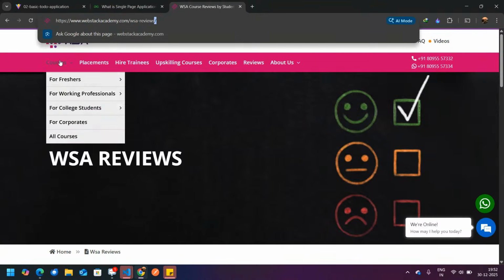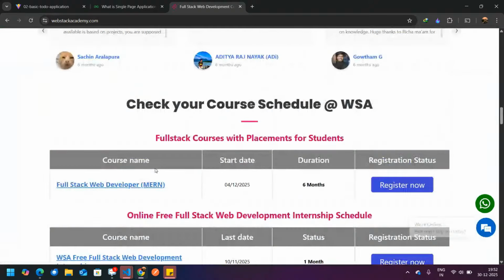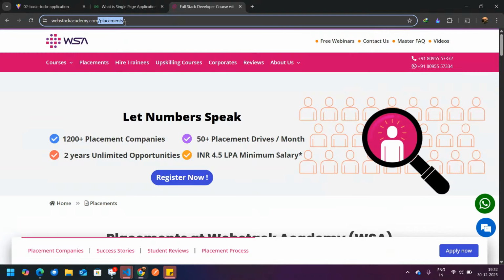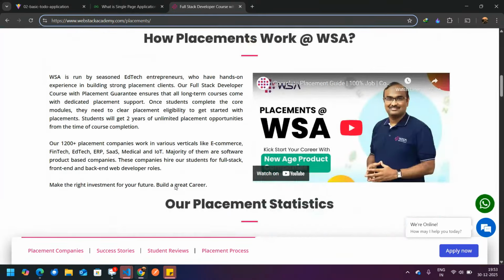If we go to webstackacademy.com, this is the whole website you are getting. Now I will only change the route. I will click on the placement. Now you see the route has been changed. We have added some endpoints and some data over here. So what does this refer to? Whenever we touch this route, webstackacademy.com/placement, at that moment this HTML should be loaded, or replaced with the other HTML that was loaded previously.